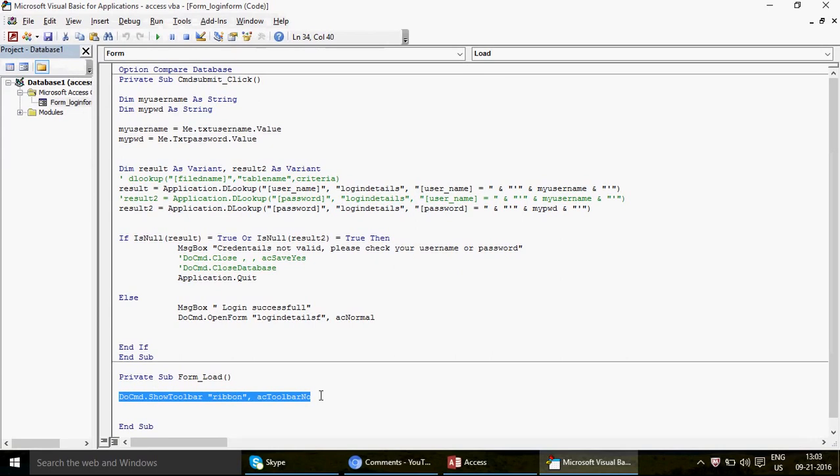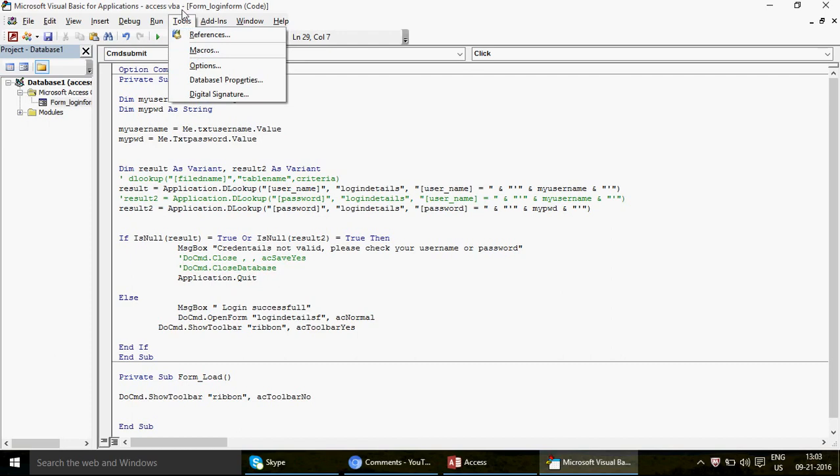Okay, so if you want to get the ribbon back, maybe let's say whenever the successful login happens, right? So you can write here that if the successful login happens, then let's just make it yes. Okay, in this way. And by the way, you can also protect the code,